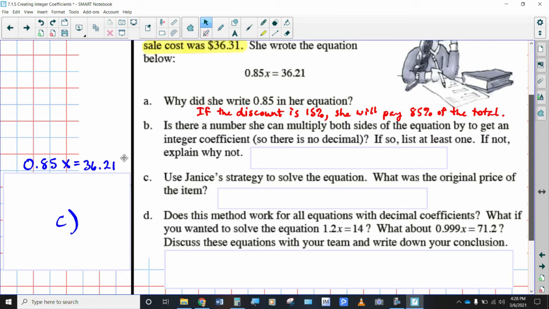So in this situation, if you want to just use your calculator, you can. There's no problem dividing each side by 85 hundredths on your calculator and just seeing what the answer is. But if you don't have a calculator handy, there is something else that you can do. If I wanted to turn